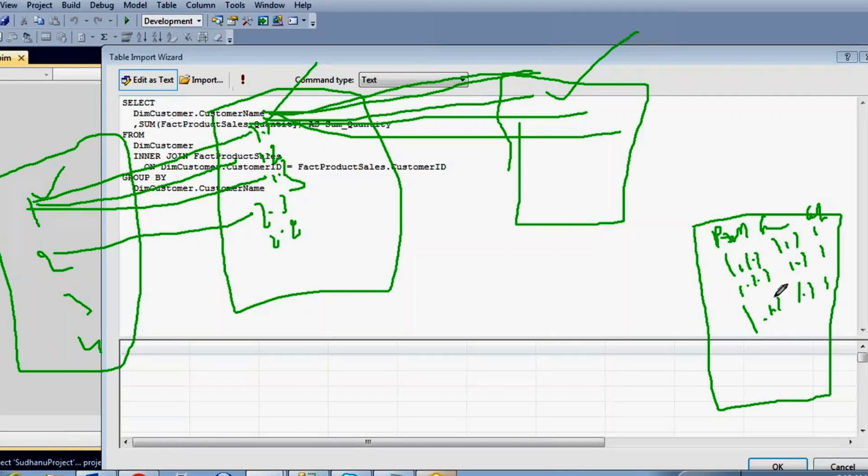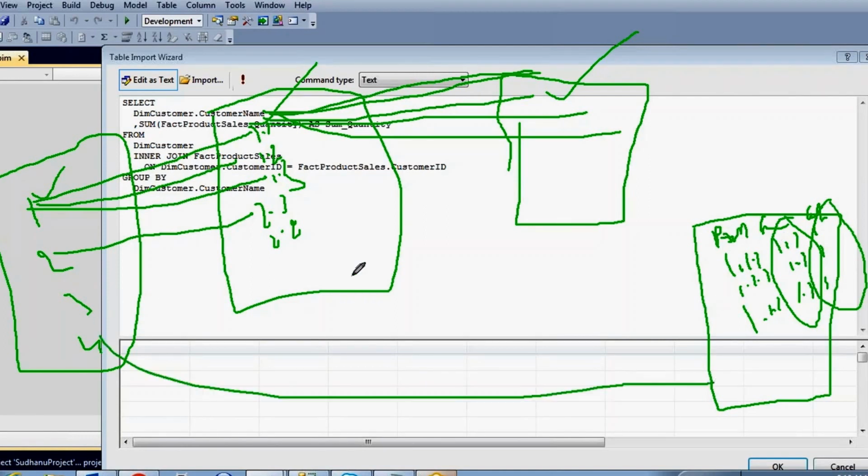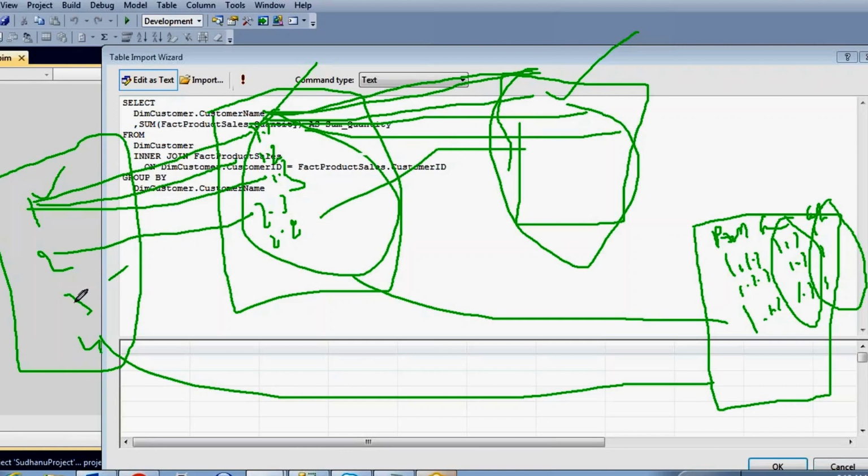So in this way, if you have 1 crore transactions for the same product, you are going to maintain 1 crore times these subcategory records and category records, right? So if you don't make any direct relationship with the dimension tables, subcategory and category, what you can do is make the relationship between the product table and the subcategory table, and between the subcategory table and the category table.